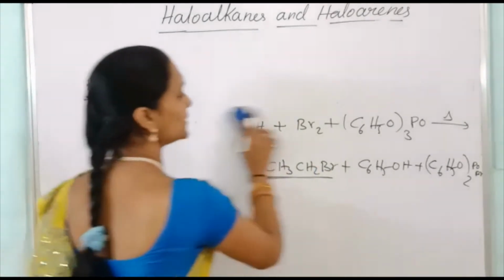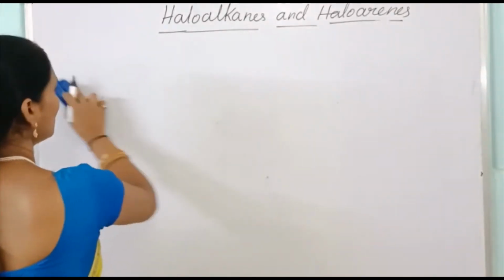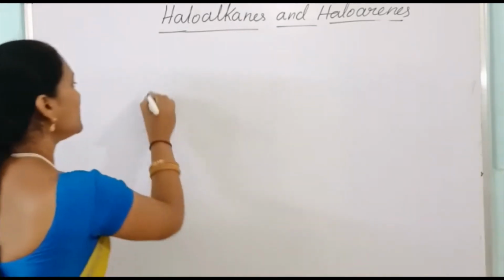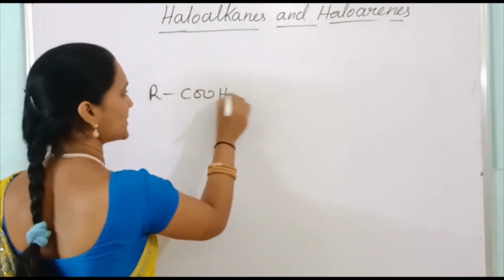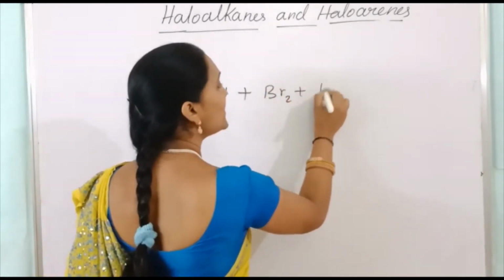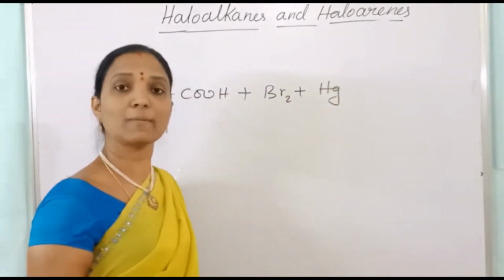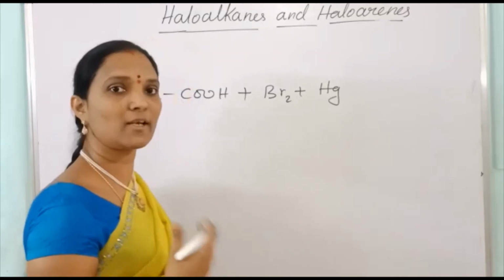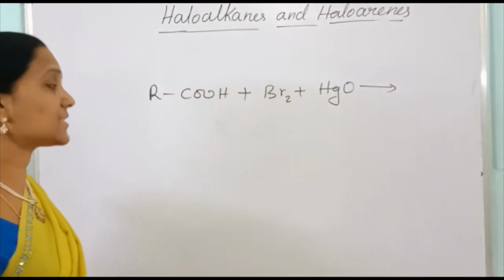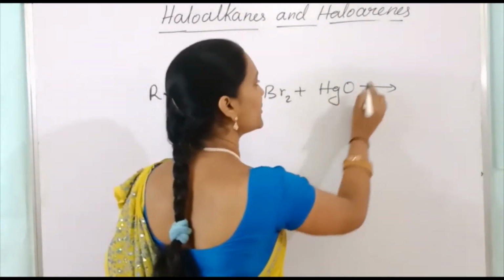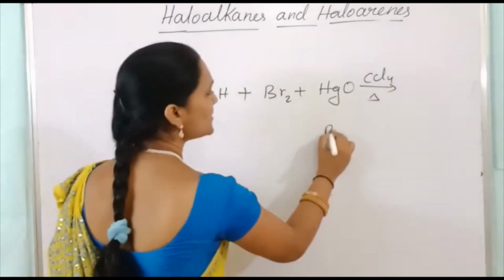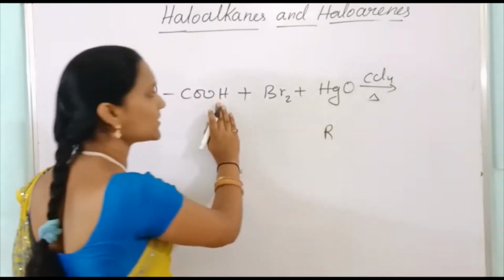Okay. And for bromide, the best method is the Borodin Hunsdiecker reaction. There we use the silver salt of a fatty acid. Instead of that, we can take the carboxylic acid directly. Here also we get a better yield. So the carboxylic acid is treated with bromine in the presence of Hg2+ or Pb4+, lead oxide also we can use, or red mercuric oxide, in CCl4 solvent